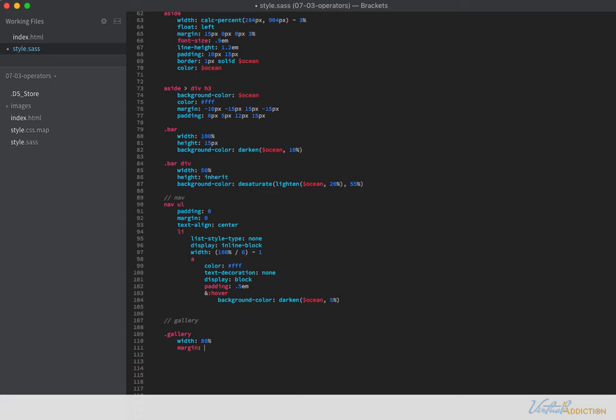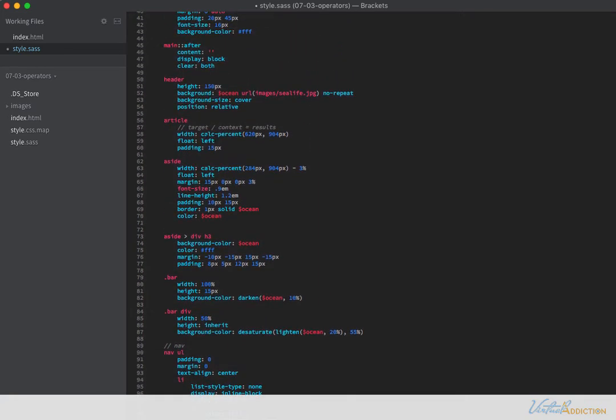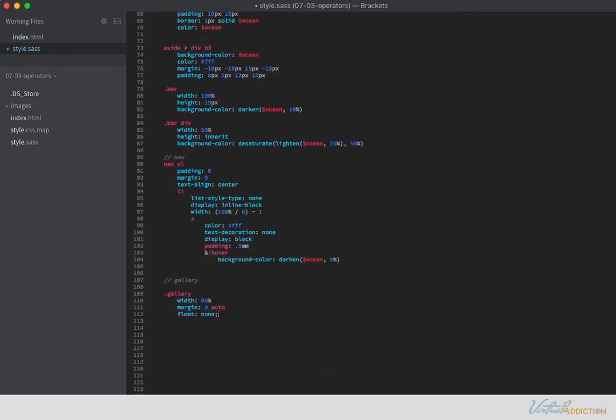I'm going to set my margin to 0 auto, and we're going to need to tell the float to be none because remember that articles are being floated up here. So this article I don't want to float, so I'm going to tell the article on this particular one to be none. And then we'll go ahead and we'll make a rule for any direct descendants that are H2s, and